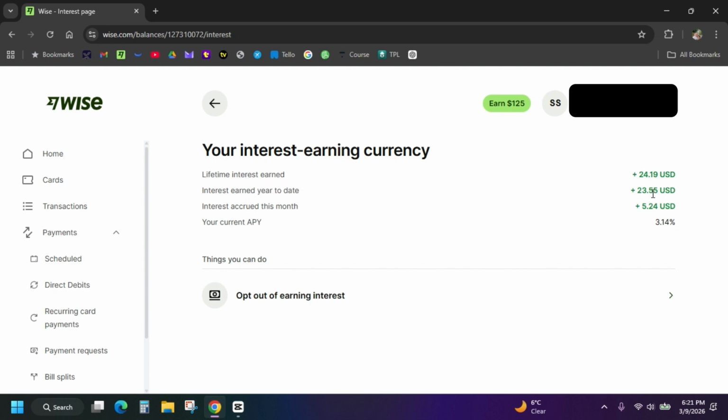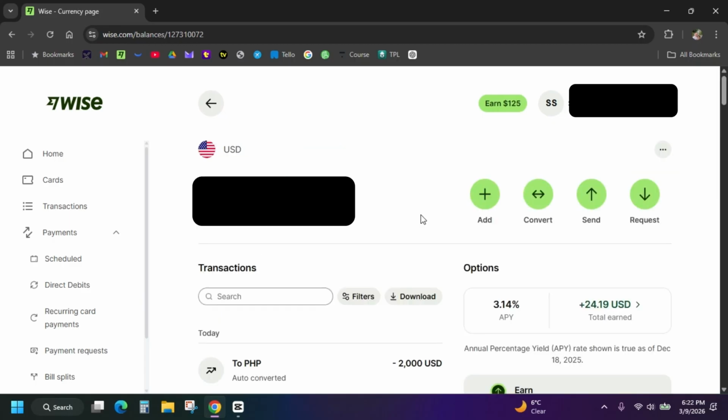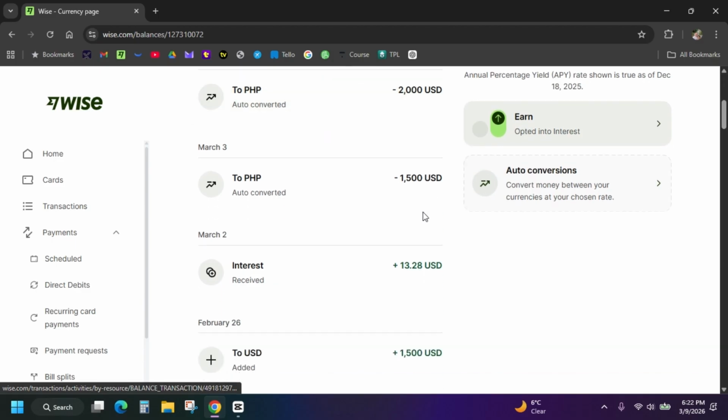I've earned $23.55. I earned a little bit at the end of last year, and that's when I realized, hey, wait a minute, they have a really good interest rate. Why am I not parking more of my US dollars in their account instead of my bank back in the States that gives me absolutely no interest? So, yeah, there it was,